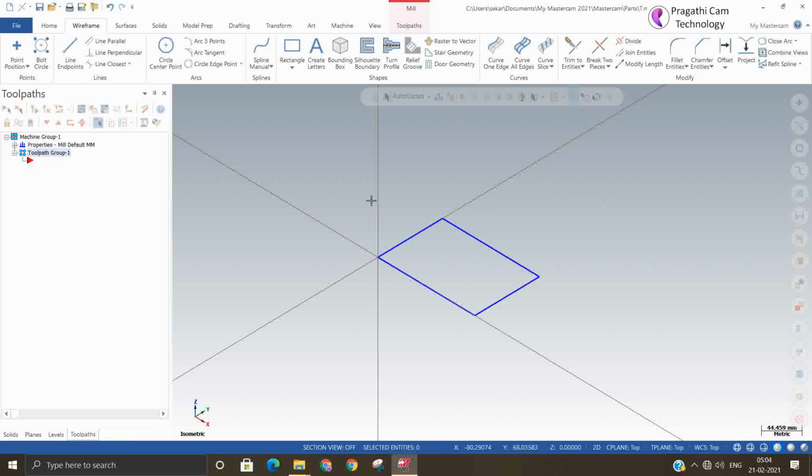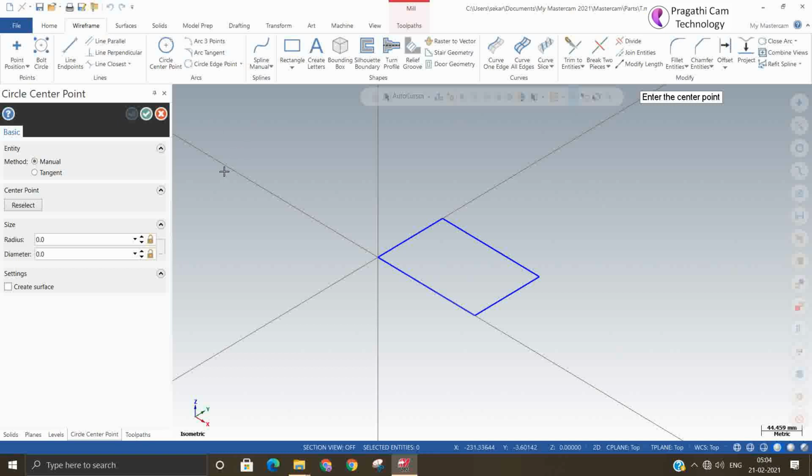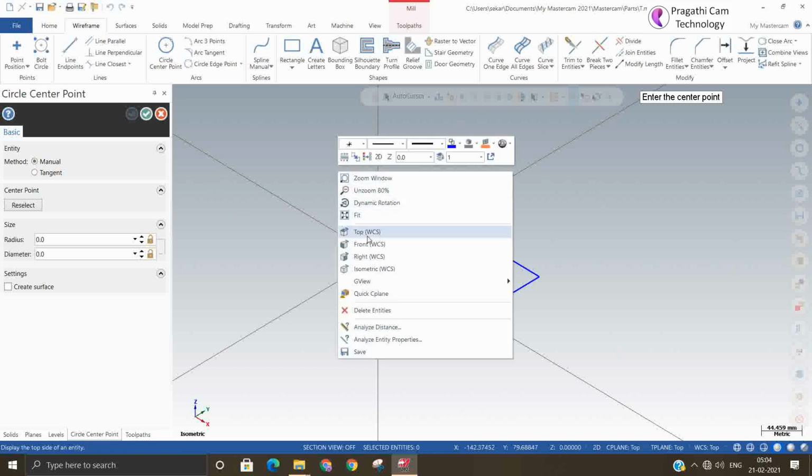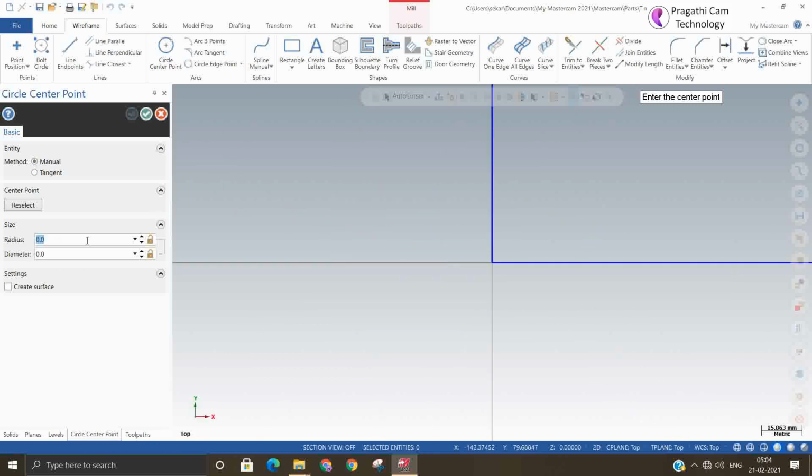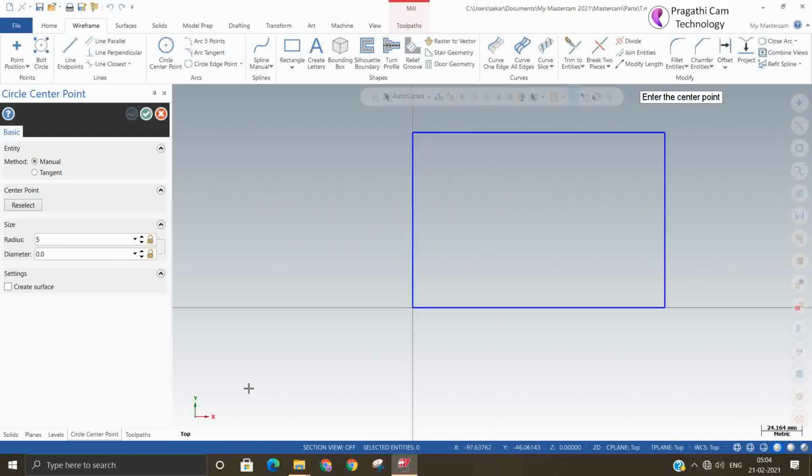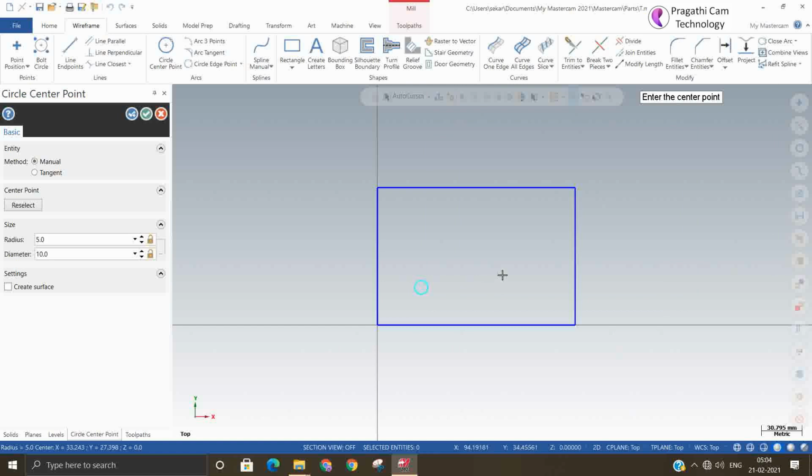In that I will make two holes. Go to top view. Radius I will give 5. The position I have taken approximately.